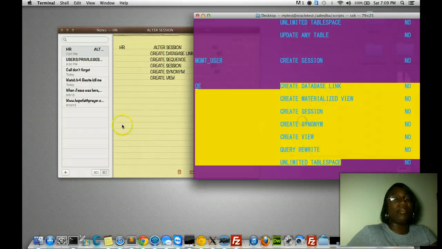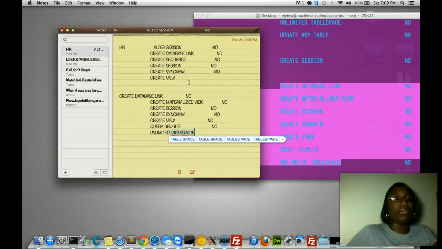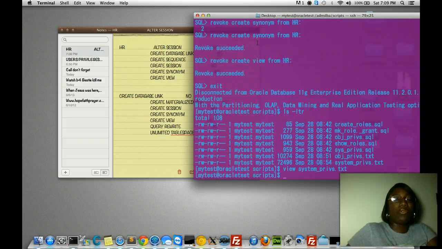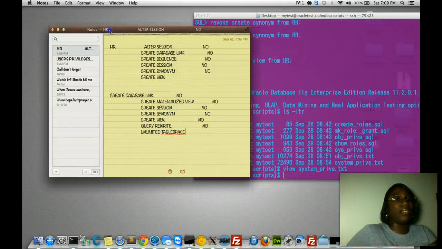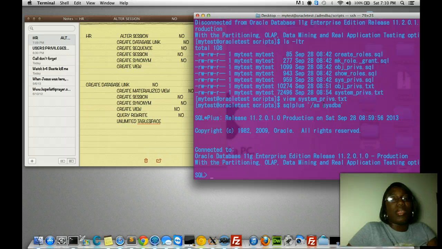So we're going to do copy. And right now, like I said, we're just treating them like they're regular users. So if they were regular users, they would not have this, not in a production environment. So we go back into SQL Plus. All right, and we revoke create database